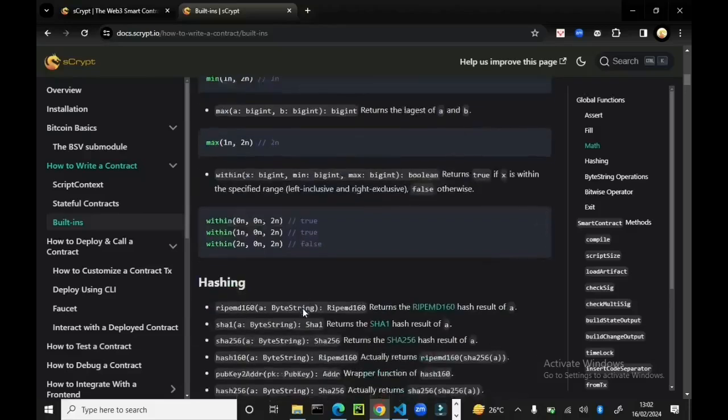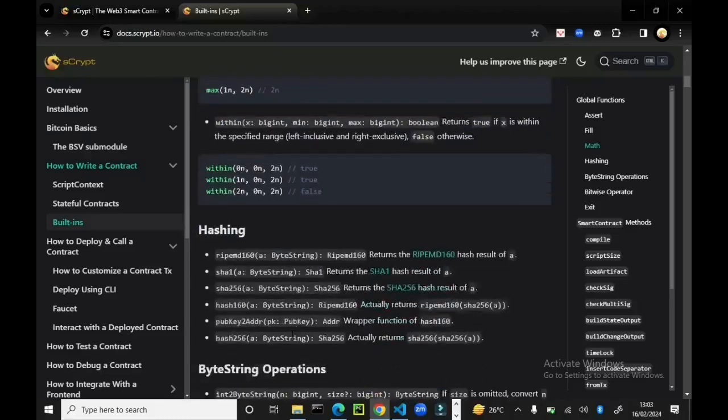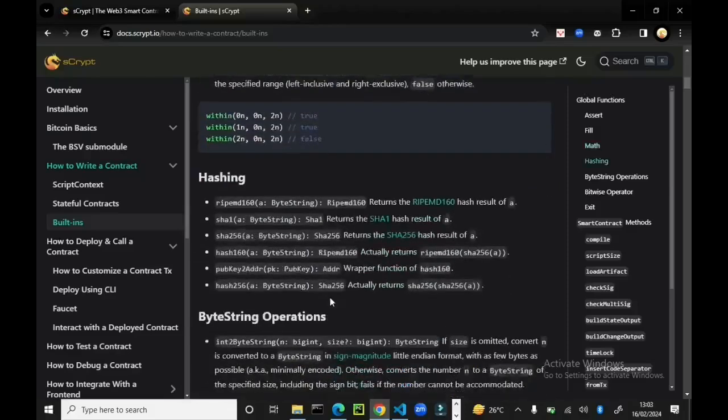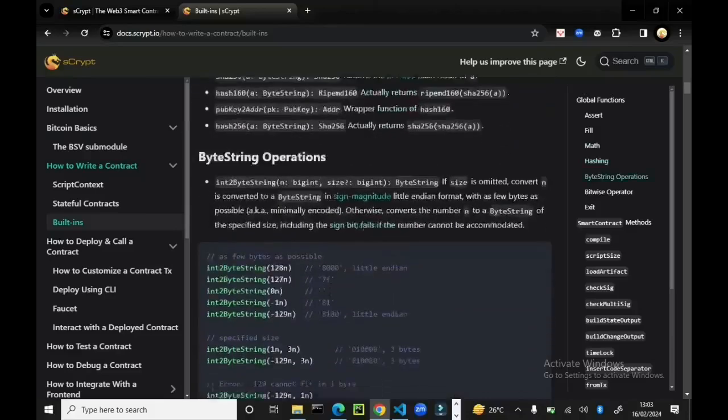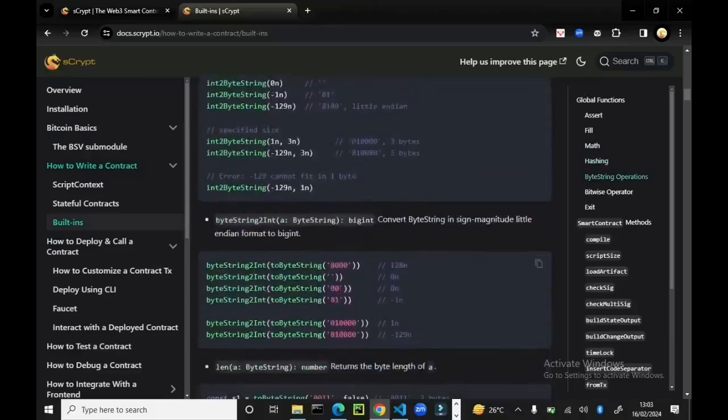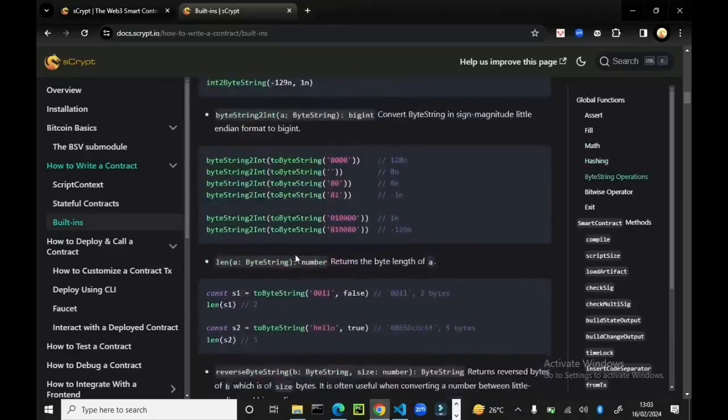And the hashing, this one helps in the security of your smart contract, so that you can use many different hash methods like SHA-1, SHA-256 to use it with the byte string. Then we can also operate and compute byte string, like converting integer into byte string, and also converting byte string to integer, and also getting the length of the byte string. We can easily use length and pass in the byte string value for you to get the length of that